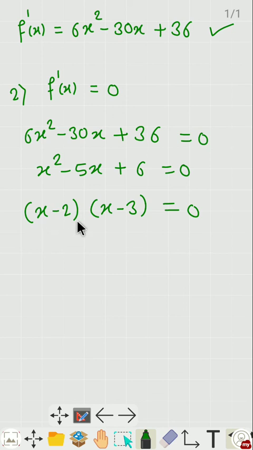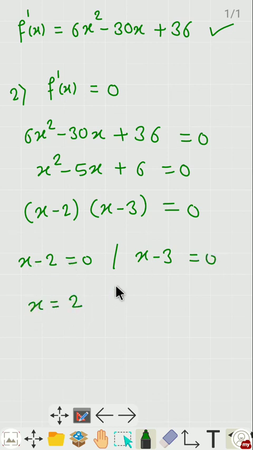Therefore the product of these two brackets is 0, which means one of them must be 0. Either x minus 2 is equal to 0 or x minus 3 is equal to 0. So from this equation we have x is equal to 2, or from this equation we have x is equal to 3. So these are the two roots of this equation. Okay, in the third step,